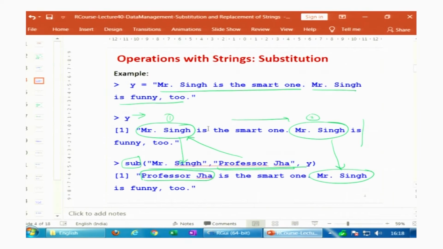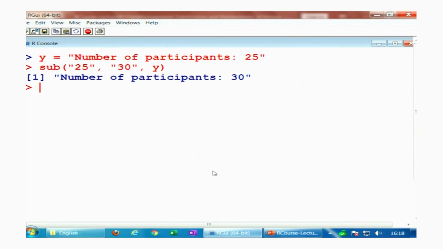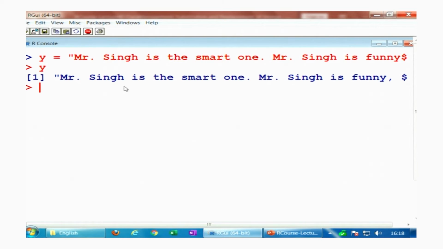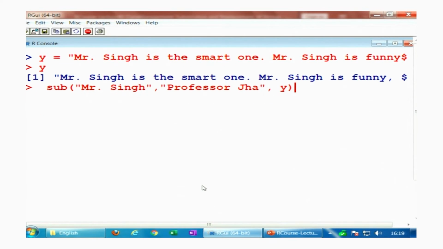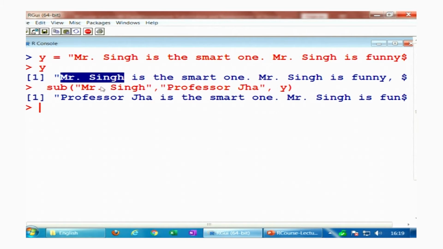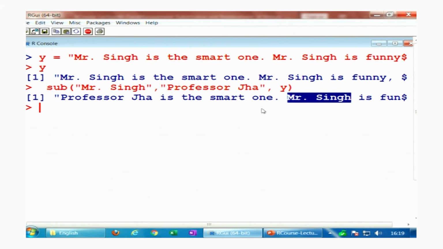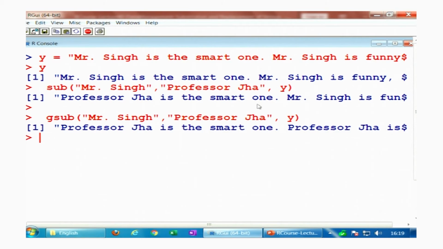Right. And now you try to take another command here, and if you try to see here, this is your y. Mr. Singh is occurring here and Mr. Singh is occurring here also, and you try to use the first command, sub. And if you try to see now, this Mr. Singh at the first instance is replaced by Professor Jha, but at the second instance Mr. Singh is also there. So now if you try to replace sub by gsub, so you can see here